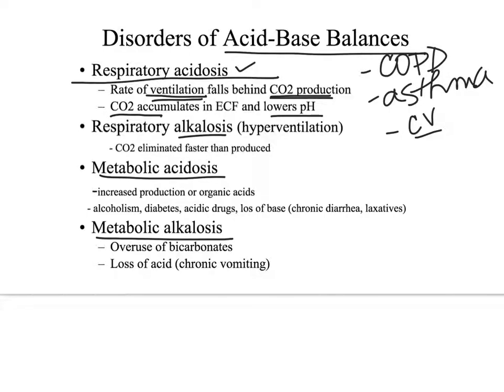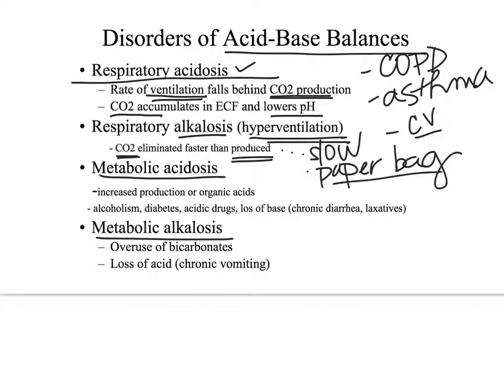Okay, respiratory alkalosis is caused by hyperventilation. So if someone gets scared or upset and they're breathing too fast, then they're actually eliminating more carbon dioxide than they're producing. Okay, and the blood will become basic. So the goal with this is to slow down respiration, and they sometimes say breathe into a paper bag. And what that does, essentially, sometimes it just makes you conscious that you need to slow your breathing down, but it also will recycle the carbon dioxide, so you're inhaling it, bringing it back in.